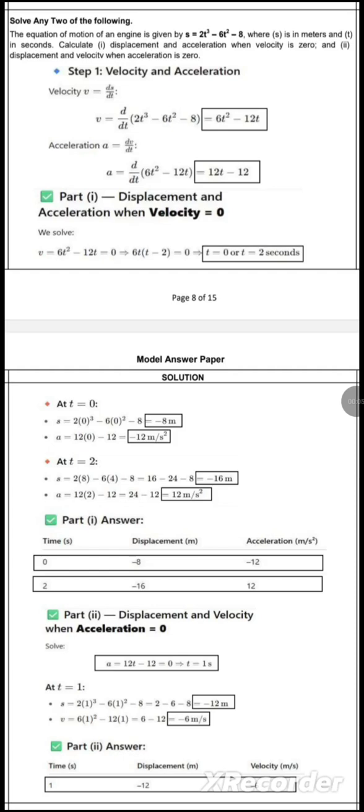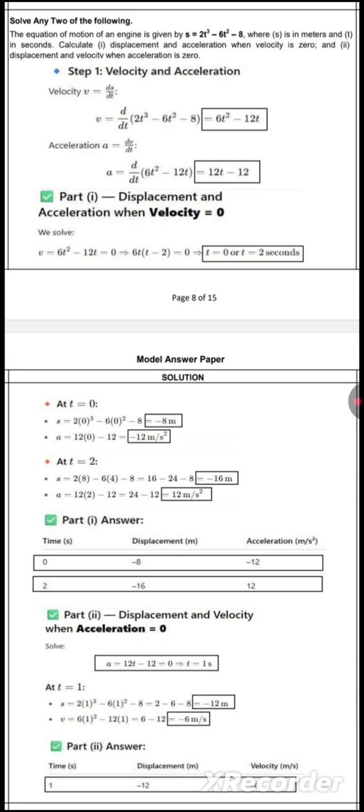Hello everyone, in this video we are going to see some important questions from the subject Engineering Mechanics, first year. These are the questions required especially for DIVA2 University. So let's see. First, the question is given: the equation of motion of an engine is given by